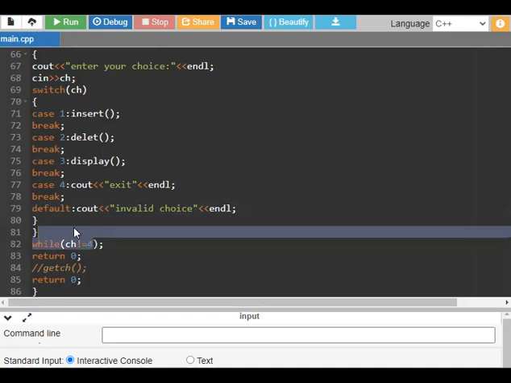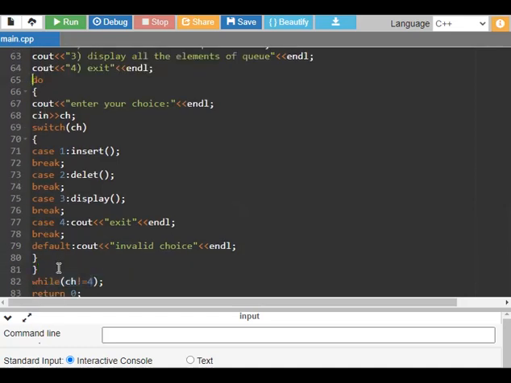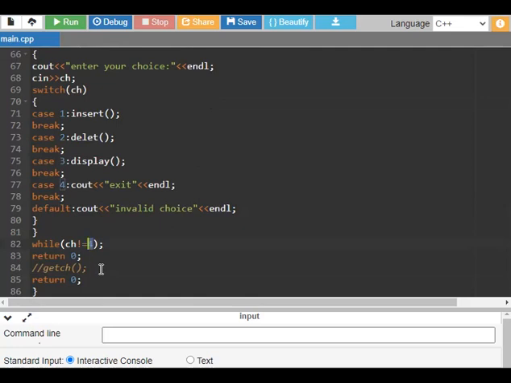In the do while statement, the loop will be executed until case 4. If we choose 5 or 6, invalid choice will be displayed.